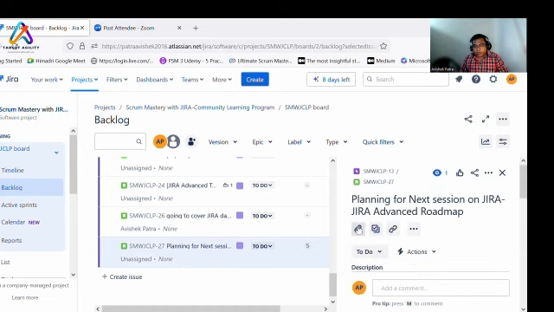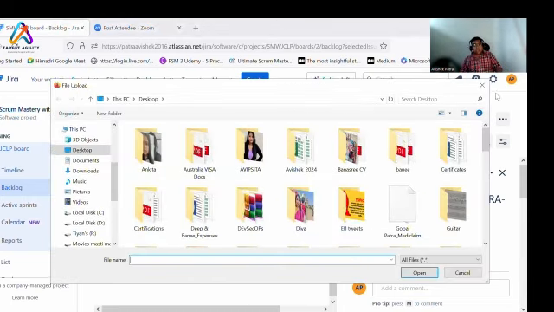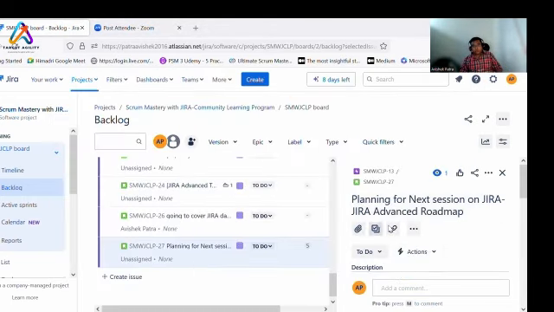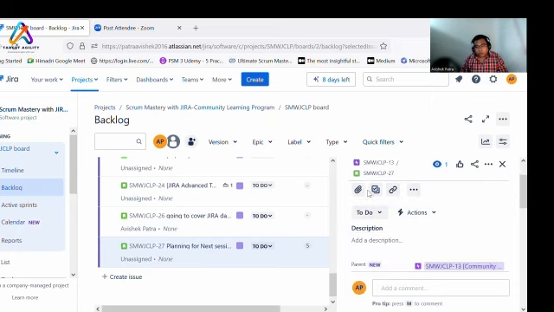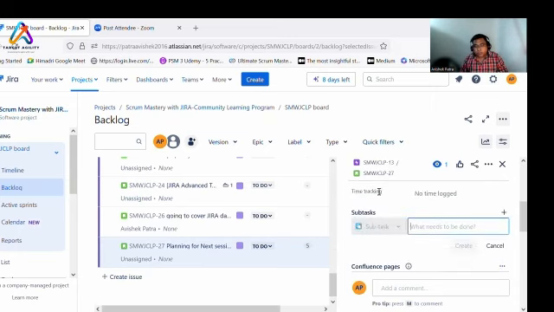Here, if you click here, you will get an option to add an attachment. So you can go and add the attachment that you want to see within your project. You can link. And also, if you want to create any subtask, you can click here, you will get an option to create subtask. So when we create a story, we discuss the what, what we are going to do, and the how part is your subtask, right? Subtask is one level down from the story. So you go and create your subtask.